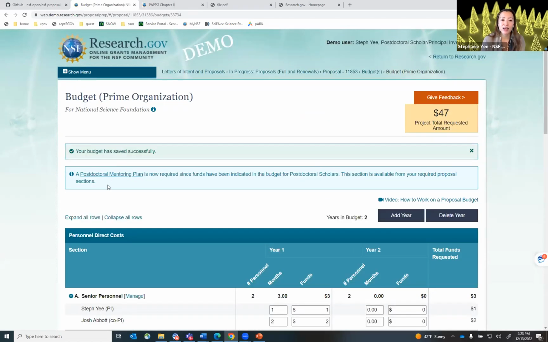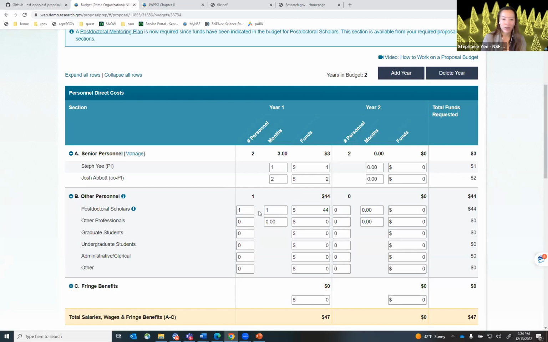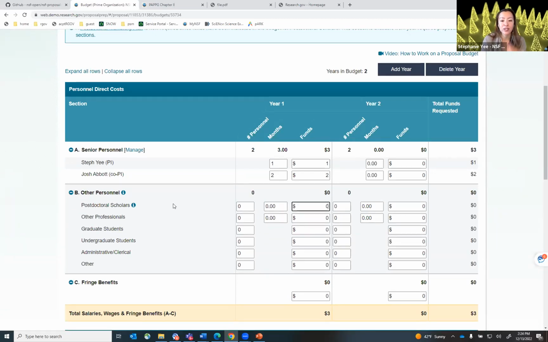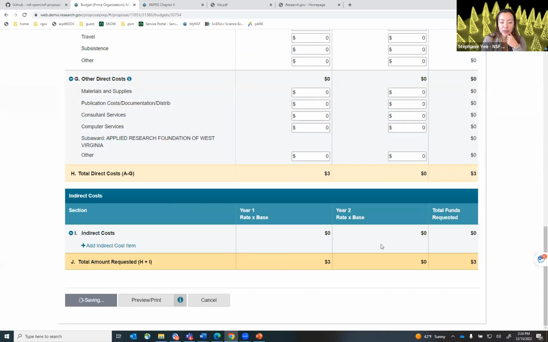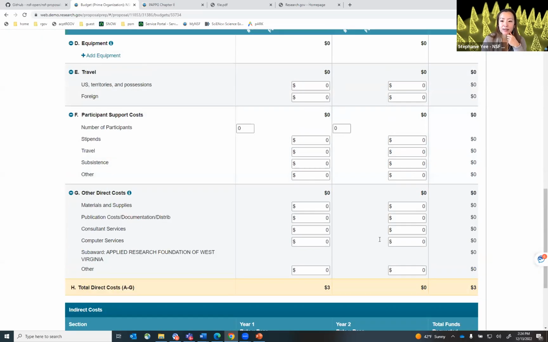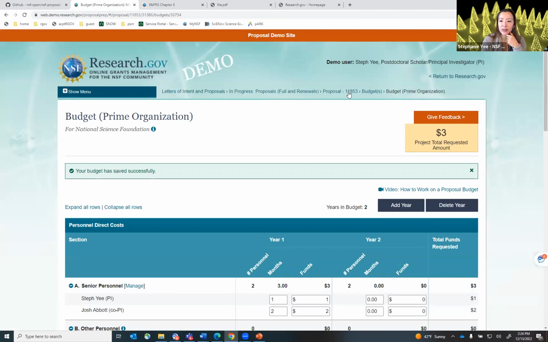You're going to be warned that a postdoc mentoring plan is required. So if you have at least $1 in that line, you now have an additional section that you need to upload before your proposal can continue. If you don't have postdoc scholars, just leave it blank, and you do not need to update that plan or upload a plan there. So I'll go ahead and click save and move on with my life